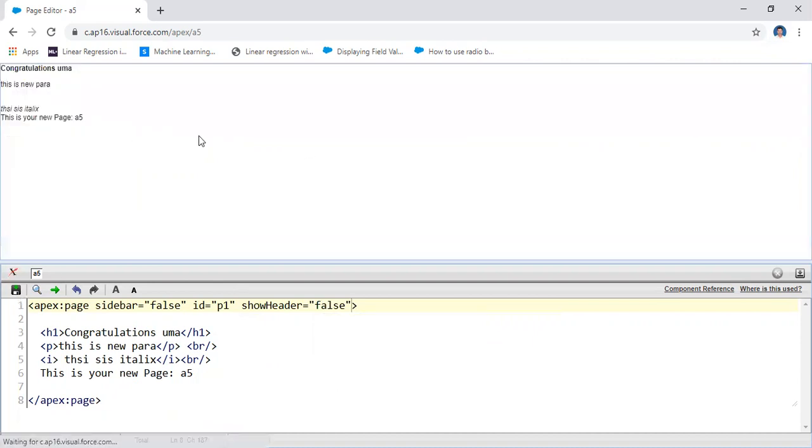That means the header consists of different information. Like that you may write the title. Here you may write the title as a string. For example, this is new page. Here you may write the header information, the title of this page. In this way you will write the different pages and different attributes for this page tag.